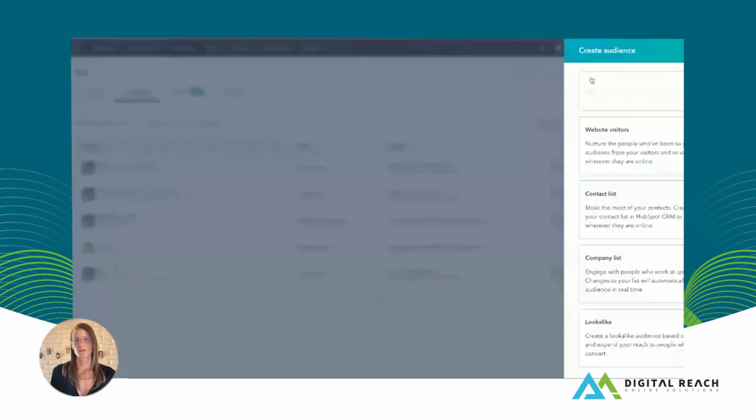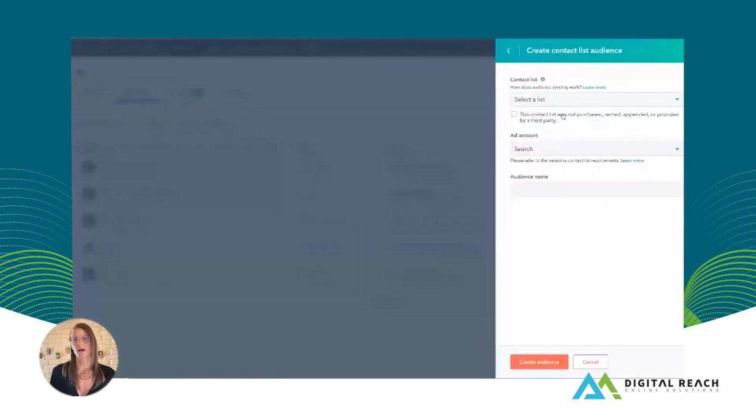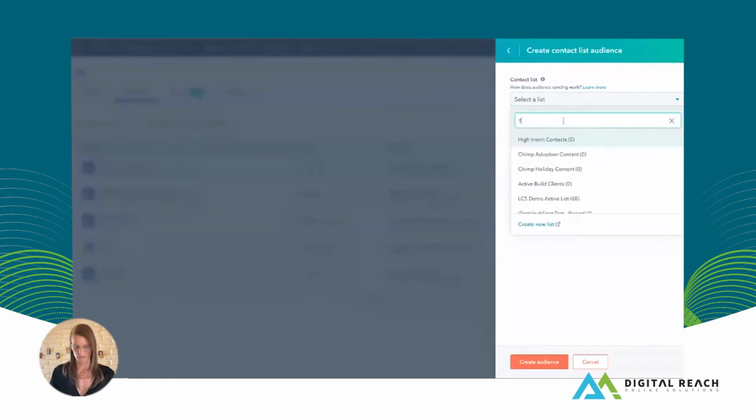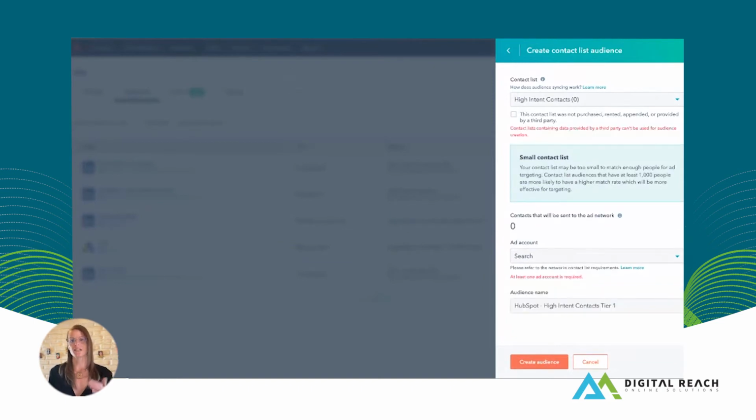So now I'm going to go ahead and create a contact list as well. This one is going to be for our high intent contacts, and we're going to say high intent contacts, tier 1. Okay, so now we have these two audiences. So that's the next step, right? We have to take these processes